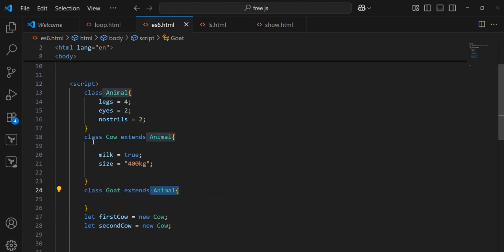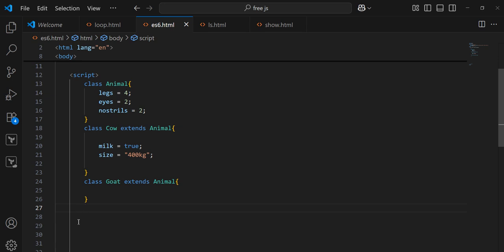So when we create a new instance of cow, it will have everything inside animal. When we create a new instance of goat, it will have everything inside animal. But when we create a new instance of animal, it will not have the things inside cow, and it will not have the things inside goat. What do I mean? This is what I'm saying. If I come here and say let's say new animal equals to new animal